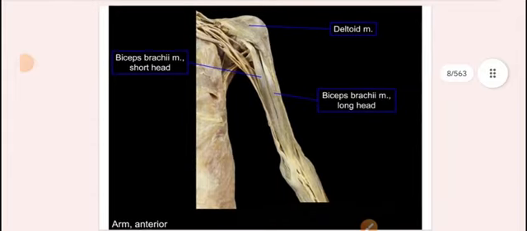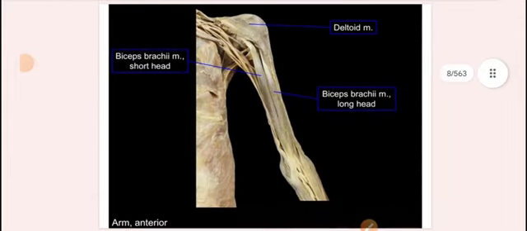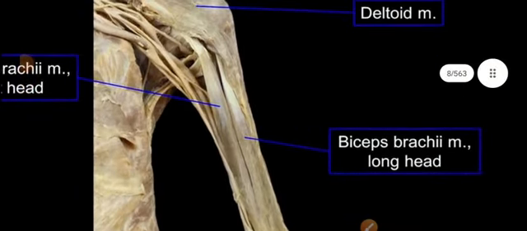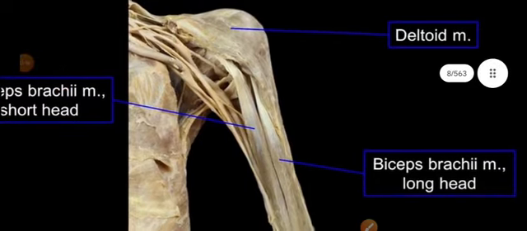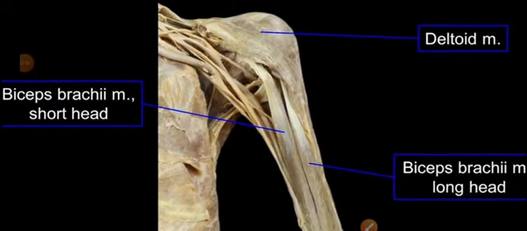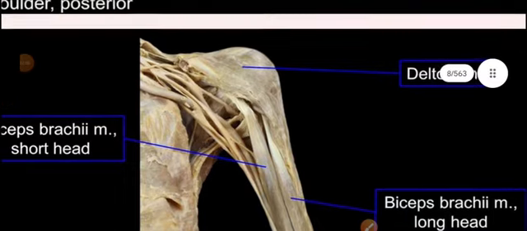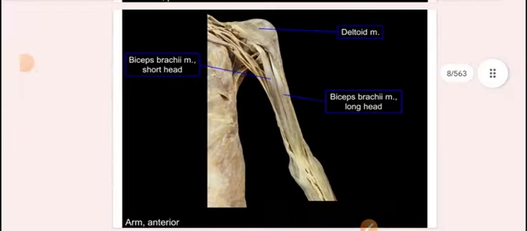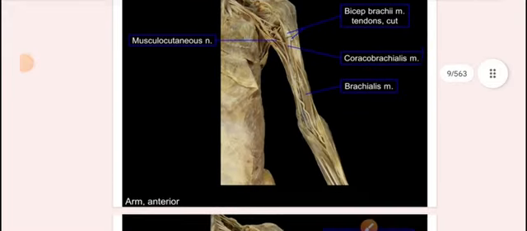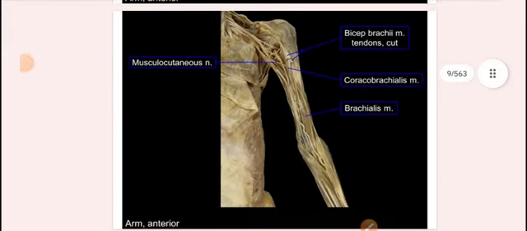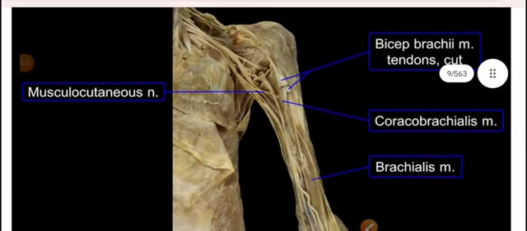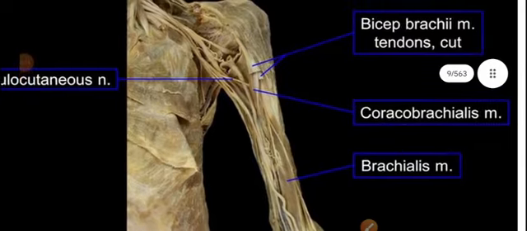Now the next image of a cadaver, arm anteriorly, shows us the biceps brachii muscle long head and biceps brachii muscle short head. The upper one is the deltoid muscle. Now the next image is the arm anteriorly again, with the biceps brachii muscle tendons which are cut here, and